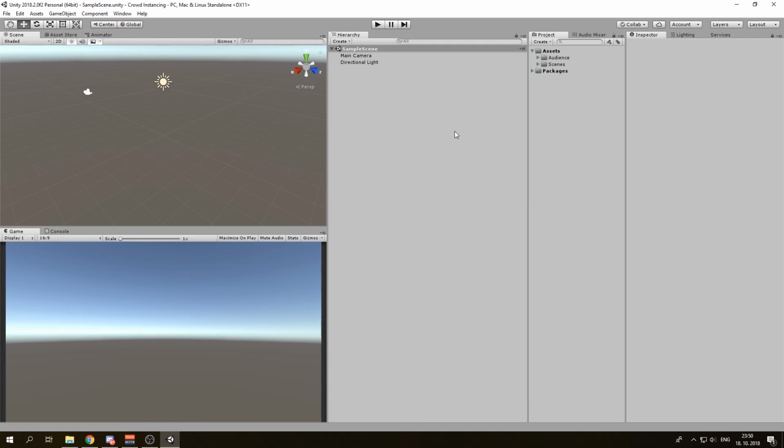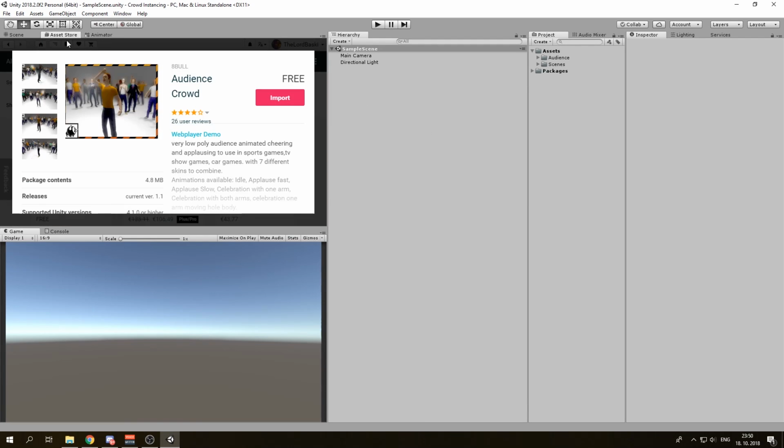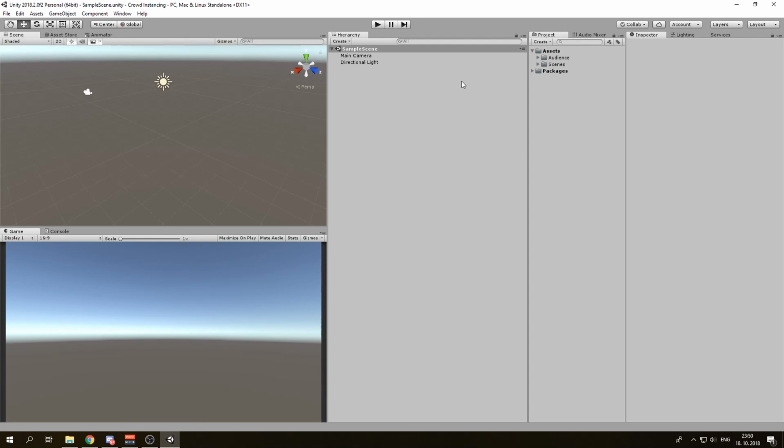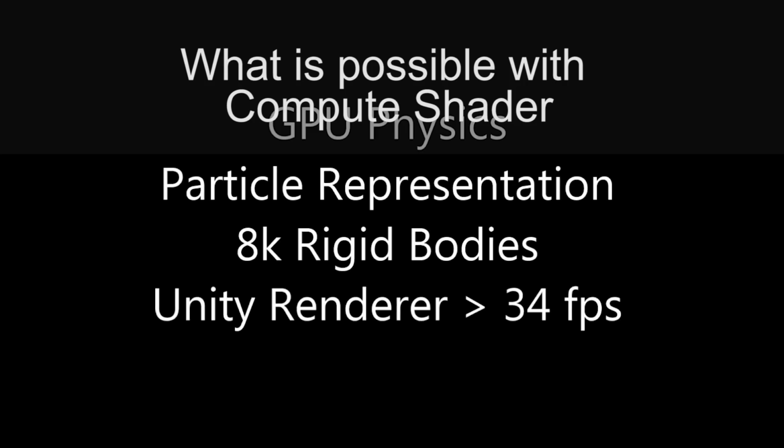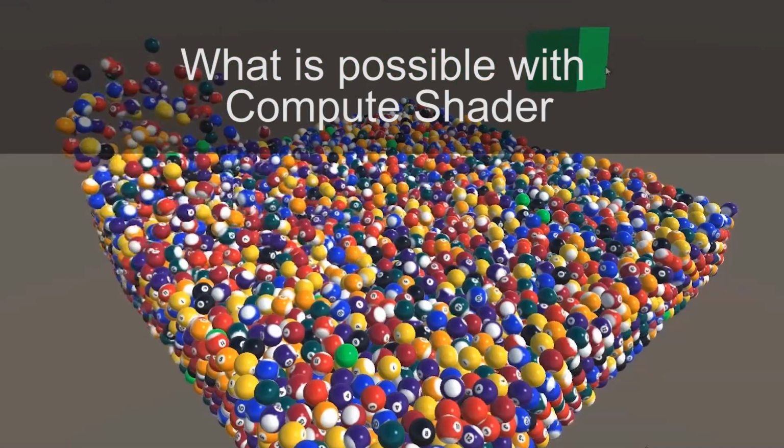So I imported my model from the asset store. You can find it, it's free. It's made of one mesh and one material, so it will help us. You can use your own model with animation, but the first thing we need to do is create our own